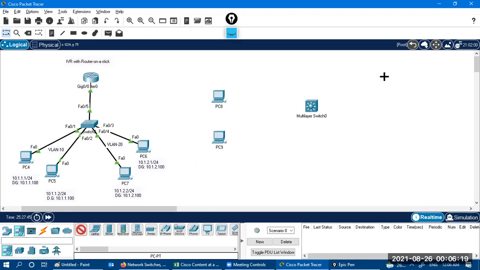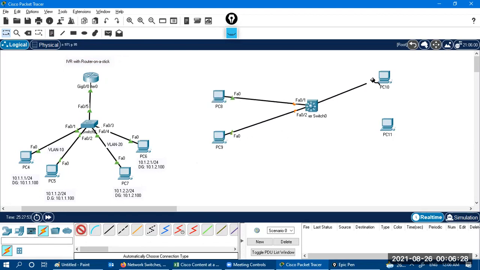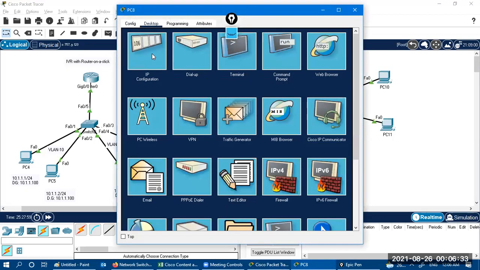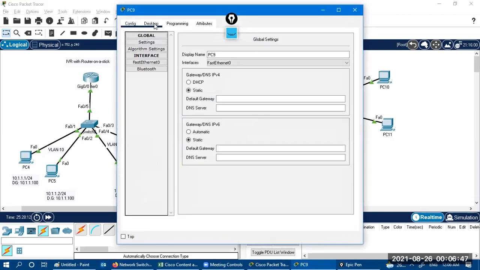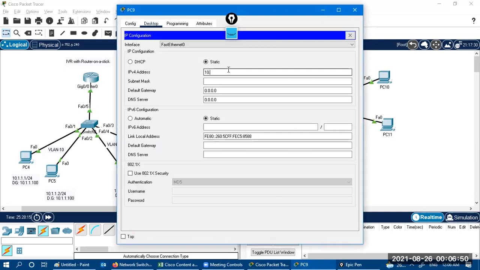So 1, 2, 3, 4 PCs. 1, 2 connectivity, 3 connectivity, 4 connectivity. Desktop, 10.1.1.1, 255.255.255.0, 10.1.1.100. Then 10.1.1.2, 255.255.255.0, 10.1.1.100.